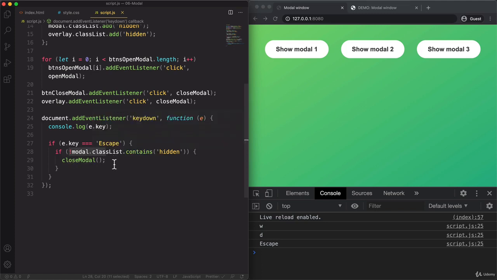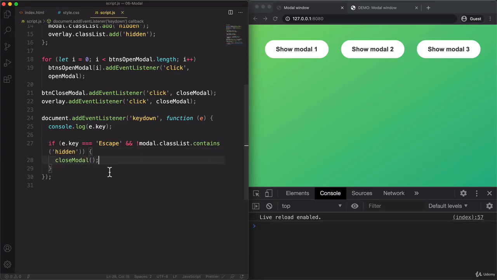And so this is the same as having just, and I'm cutting it here, so it's the same as having just this. Now we can get rid of this stuff here, and that's it. And so now it reads the exact same way as before. If the pressed key is escape, and if the modal does not contain the class of hidden, then